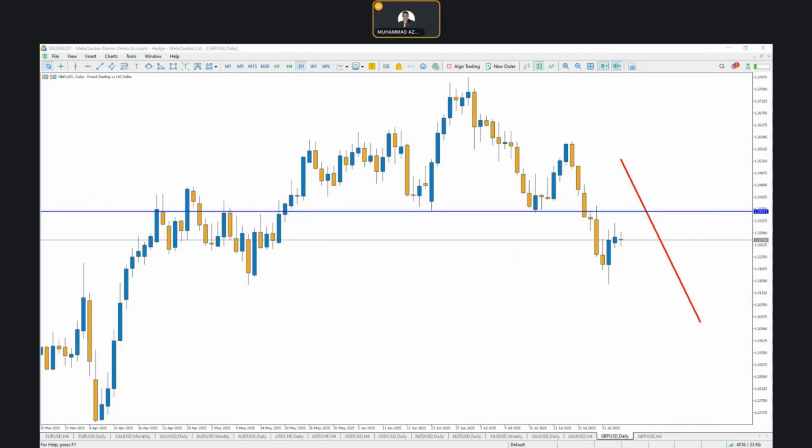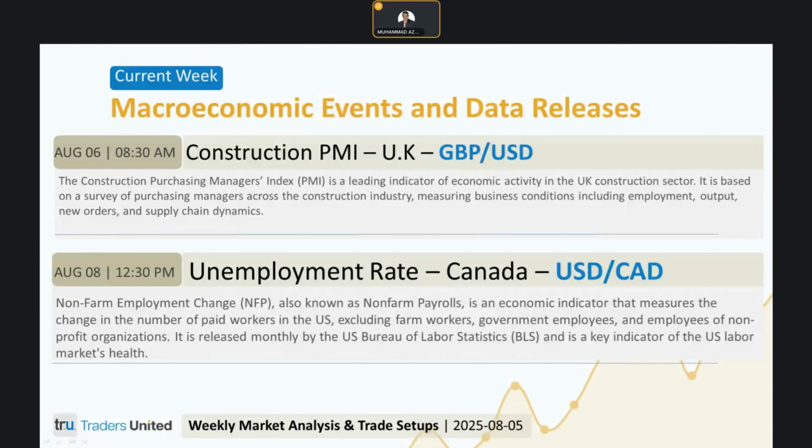Scenario number three is if we get a PMI number below the forecasted level, below 49.2, or we might get even a lower number than that. This means a weaker reading would suggest ongoing stress in the sector and could reinforce a bearish view on UK growth. The impact on GBPUSD would be likely negative for GBP, especially if the result drops further below 48.8,